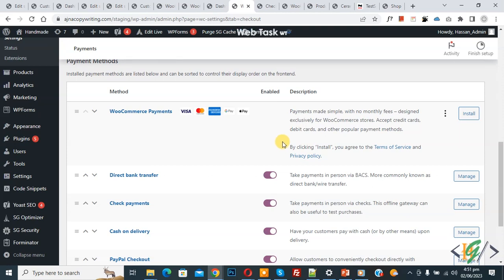Bismillahirrahmanirrahim. Assalamu alaikum. My name is Hassan and today we are going to add an ID column to the payment method table